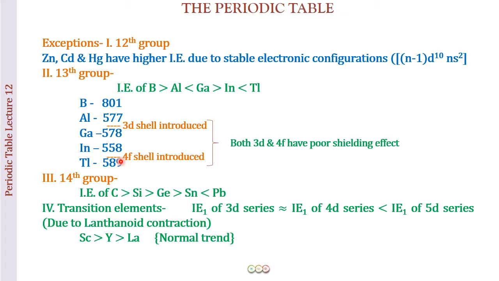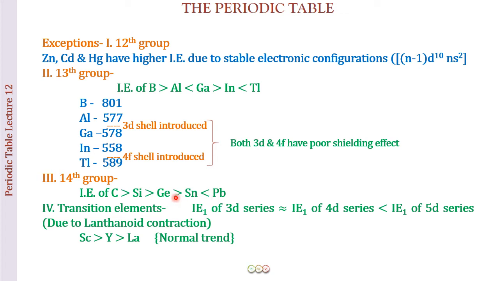So 4f electrons are again going to have a poor shielding effect. Again, the nuclear charge values are going to increase, and hence we have higher ionization enthalpy for thallium also, right? So gallium having higher ionization enthalpy or almost equal to aluminium, and thallium having higher ionization enthalpy than indium. Okay, so next coming up to the 14th group, and for the 14th group again what we see is the